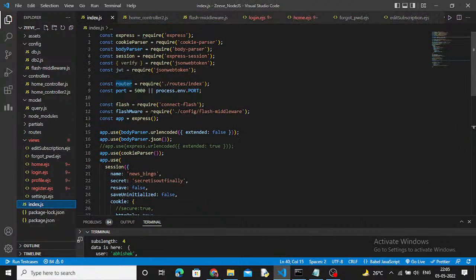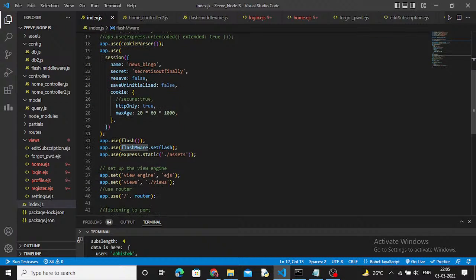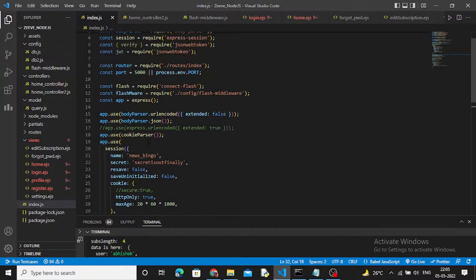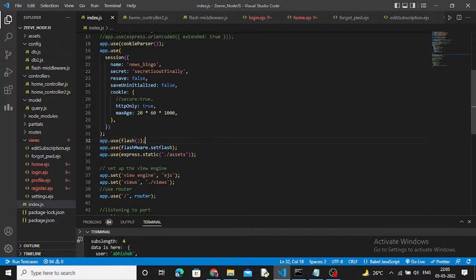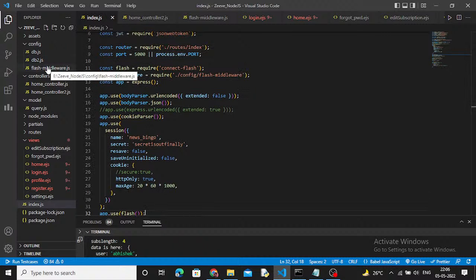And before all of this, you have to set this flash here. You remember the flash middleware? Yeah, so that flash middleware you have to require here. This config, this flash middleware.js, you have to require here, and then say app.use this flash, which is this connect flash. First you have to install connect flash with npm i connect-flash, then require connect flash, and then say app.use connect flash, and then we need to make this middleware